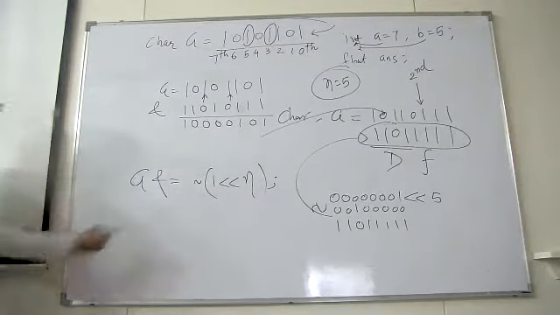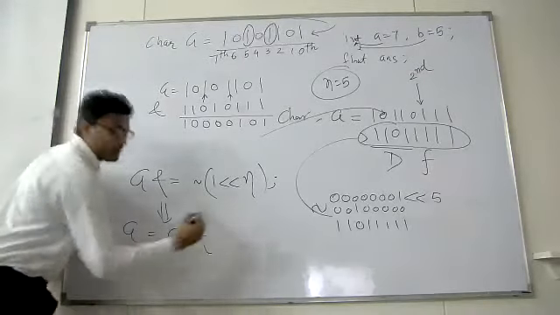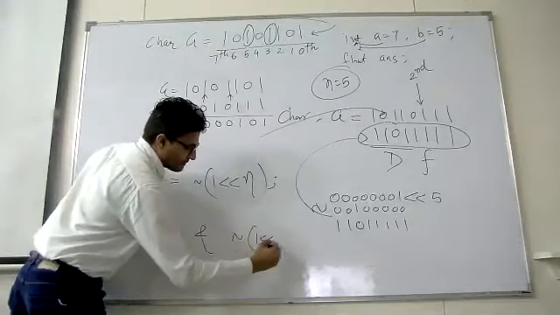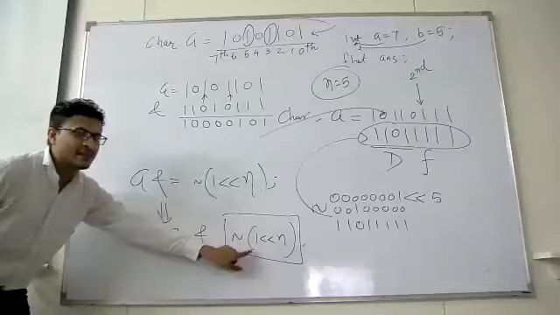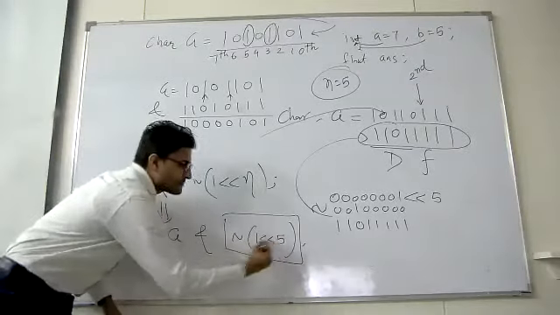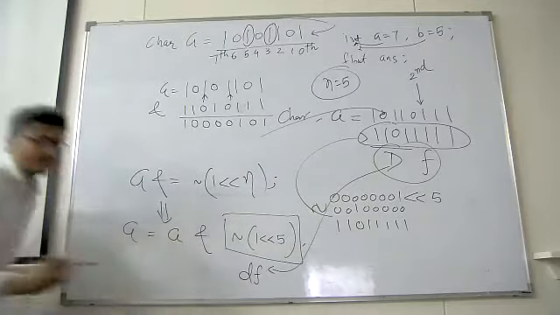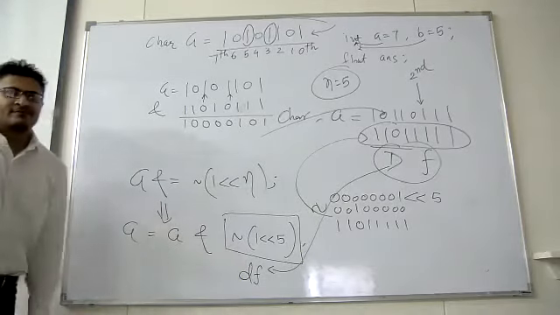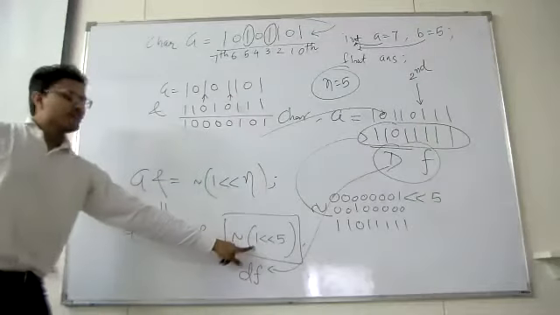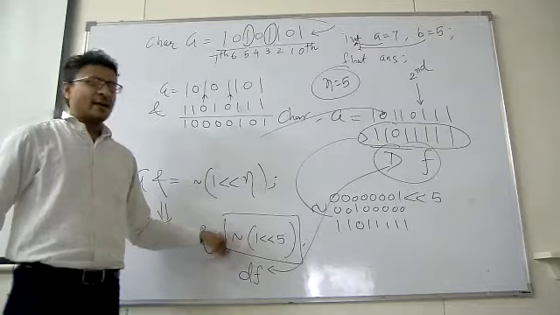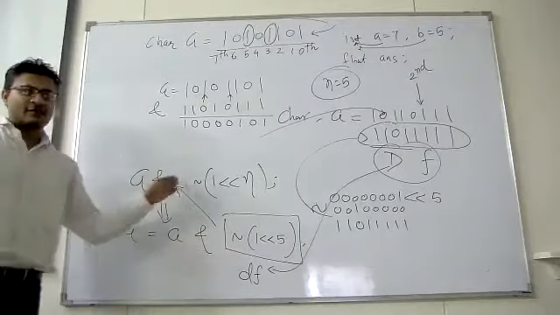Yes, sir. What is the actual meaning? This is the short method. A is equal to A and operation B. And what is the answer of this? Suppose my n is equal to 5. That is your df. So no need to find this df, no need to put these values. Just 1 shift left by position and not of this. That is the short method to represent this equation.